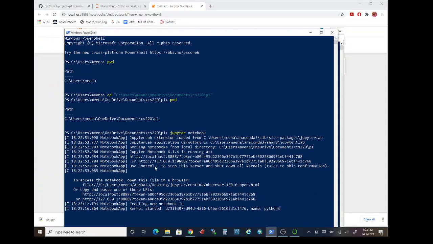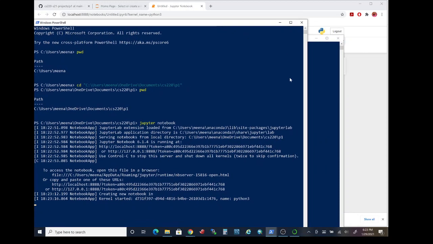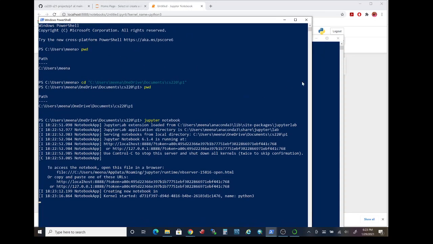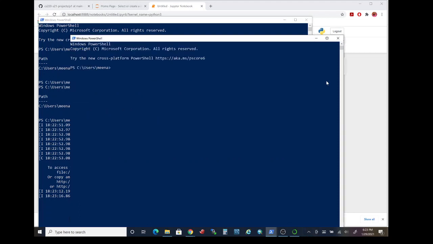It is critical that you shouldn't close the PowerShell window which has the Jupyter Notebook session. Otherwise, you lose data from inside your notebook program. That's not what you want. So you shouldn't be closing the PowerShell window of the Jupyter Notebook session unless you're done saving your program and you'll not be working on it anymore.